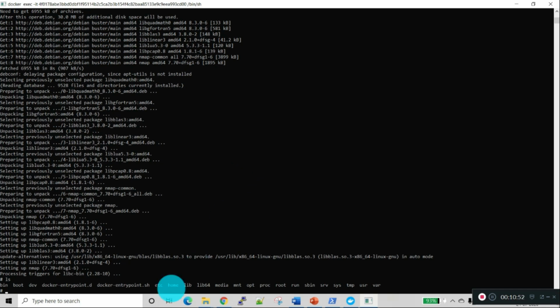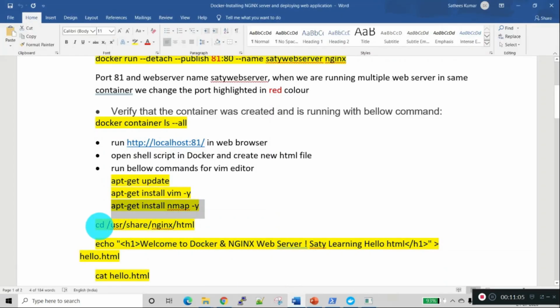These are the directories available in the Nginx server, and we will open the HTML directory. This is the path.